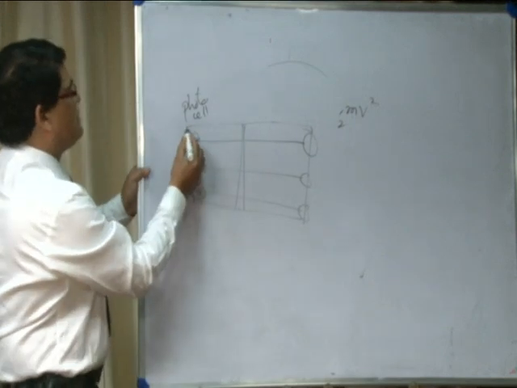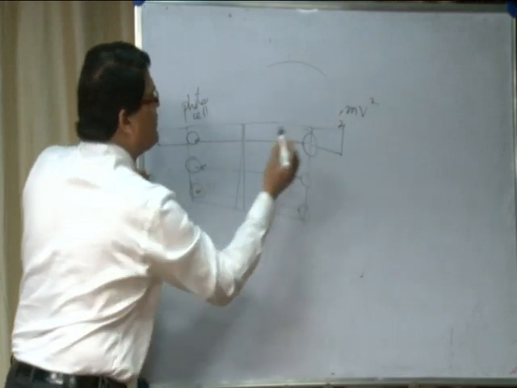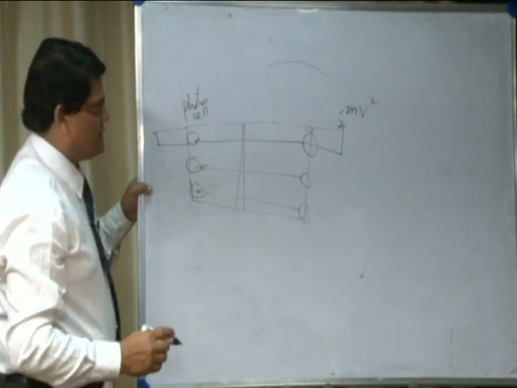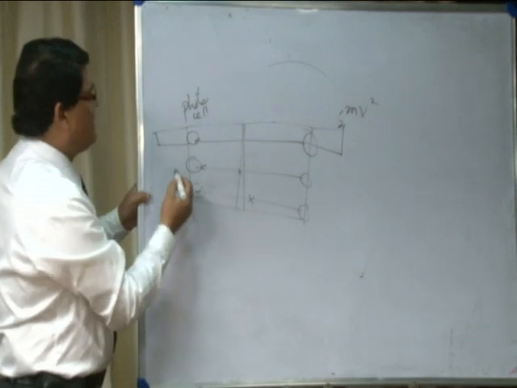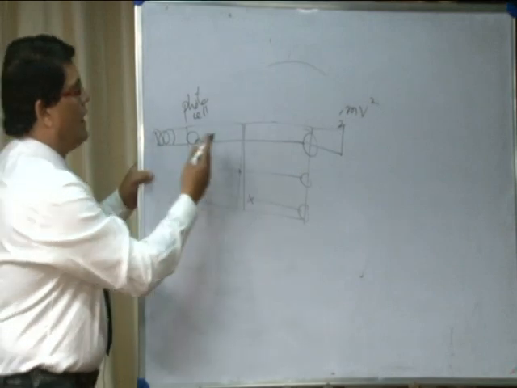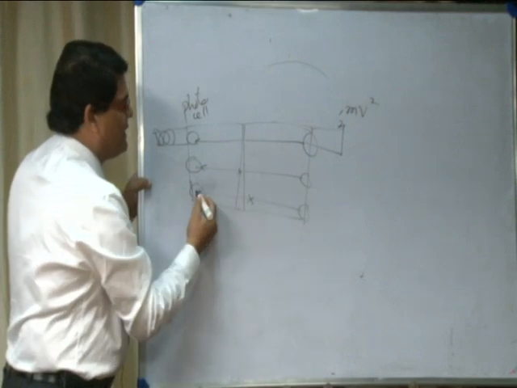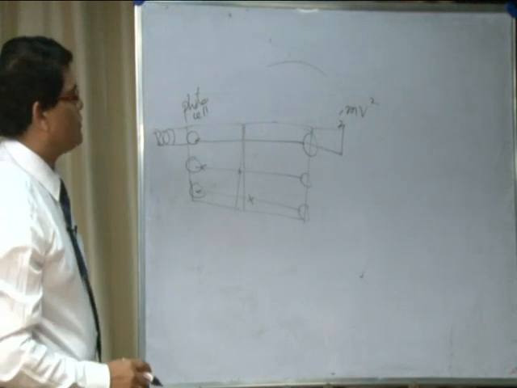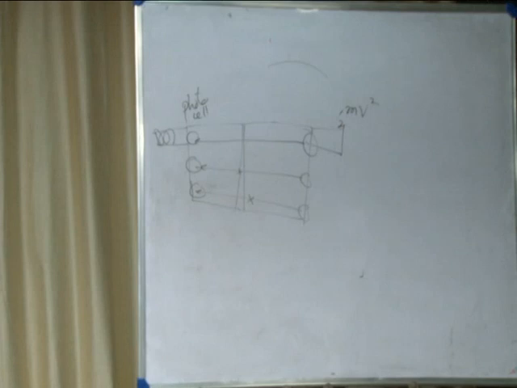On the other side there are electromagnets, and while the light falls on the cell, the electromagnet will not generate any magnetism. As soon as somebody wants to enter, he cuts the light, and immediately the electromagnet gets energized, it pulls, and the doors open. Once he goes inside, the ray of light is retraced, the electromagnet de-energizes, and the doors are pushed back. This is the concept used in commercial establishments.